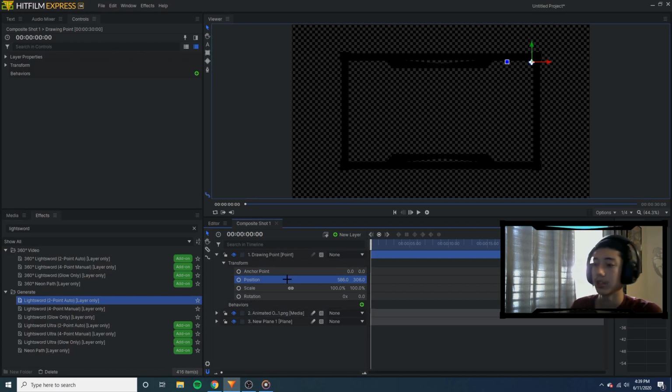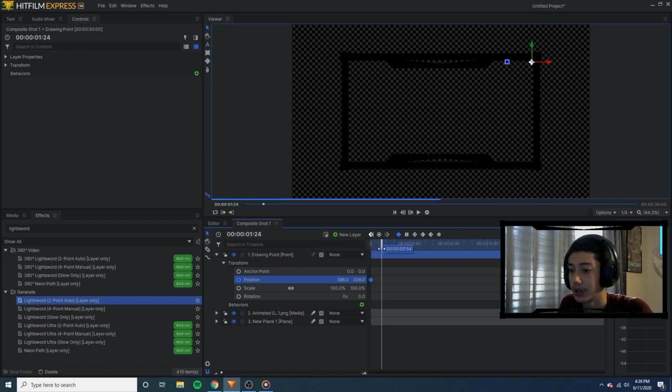So now what you want to do here is click the position and make sure that you have a keyframe right here for that. And then maybe go 30 milliseconds or however much you want. Maybe go a whole second. We'll say a second per. And then you want to drag it all the way down to the bottom. And by the way, you see how there's that little trail? You will adjust that later to make it bigger depending on what you want. Now go another second,